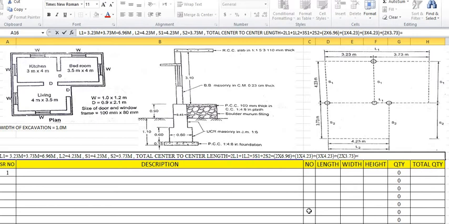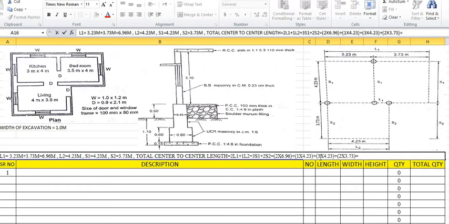So here we have to add this complete figure. After adding all the lengths of the long walls, L1, L2, and S1, S2, in this way we have covered the complete figures. We have covered all the walls, that is, along the long wall and along the short wall. So what is the total length? 2 multiplied by 6.96 plus the addition of 1 multiplied by 4.23.